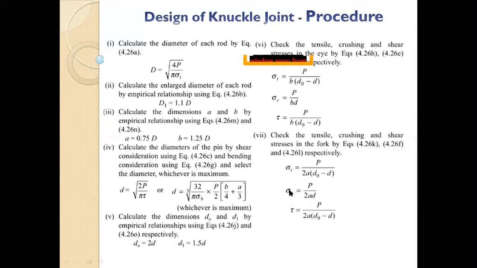We'll go the opposite way. Consider the very last stage, tau is equal to P upon 2a(d0 minus d). Here your tau came out more than the design shear stress, because a was small. So we'll take that stress, use P, and calculate a again. Now a will be more, and we use that a again to do all the validation again. So basically you will increase the dimension where it is failing, and verify again for that new dimension whether all the stresses are within the limits.